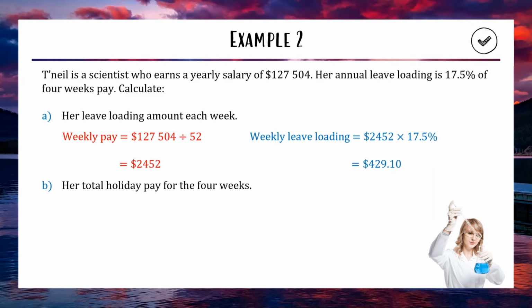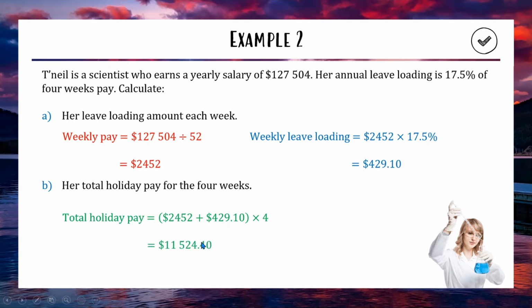Okay, question B is asking us for Tennille's total holiday pay for the 4 weeks. Okay, so holiday pay is your original paycheck plus the leave loading extra. So we have the leave loading, we're going to add this to our weekly pay, and that's going to be our weekly holiday pay. Okay, the original plus the increase. So we do 2452 plus the 429.10 from question A. Now that's going to be our weekly holiday pay. The question has said the total holiday pay for 4 weeks, so we're going to multiply this by 4. Gets us a final answer of around